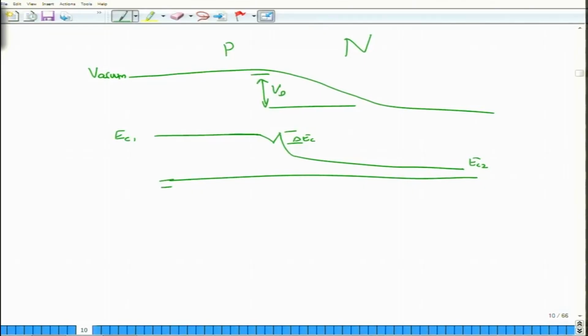So, you will actually have EV1 here. So, this is the Fermi level, which is constant under equilibrium, drops down, there is a sudden drop of delta EV and then drops down to EV2 here. Okay. So, this is what the band diagram of a small p and a capital N region would look like,